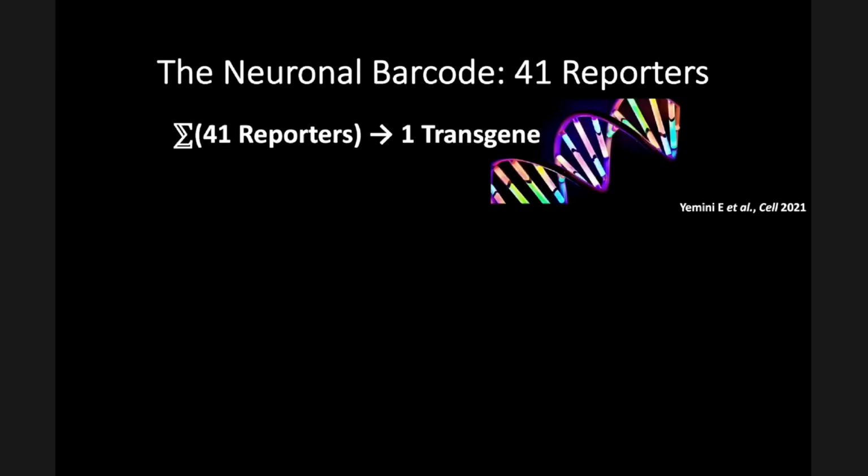Okay, so now the magic part, which is still a miracle to me that it worked. I went through 130 reporters that target different subsets of neurons. I chose 41 that are stably expressed, so we see them at all stages of development the same way. And so I biased myself towards a stable color code, a stable set of reporters that don't change throughout the